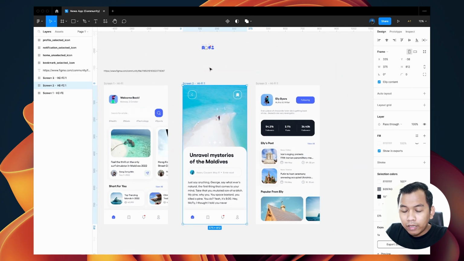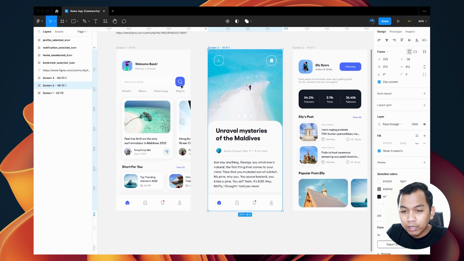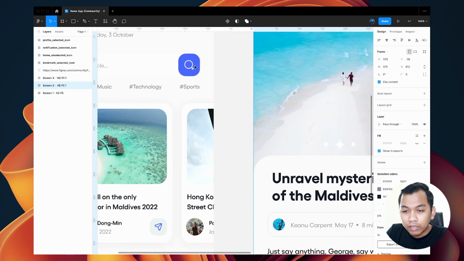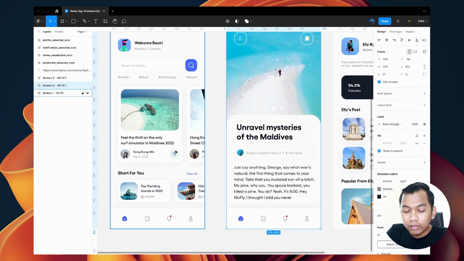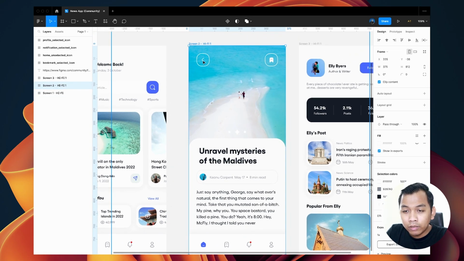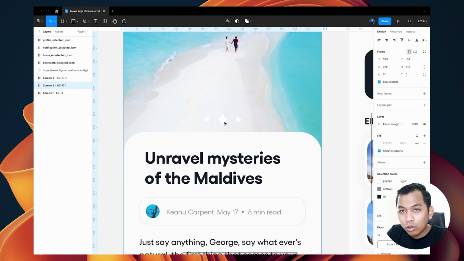In the previous video, we exported all the SVG assets, such as this bottom navigation bar, this search icon, and share icon, but we haven't yet exported this back button, the bookmark button, and this carousel indicator.